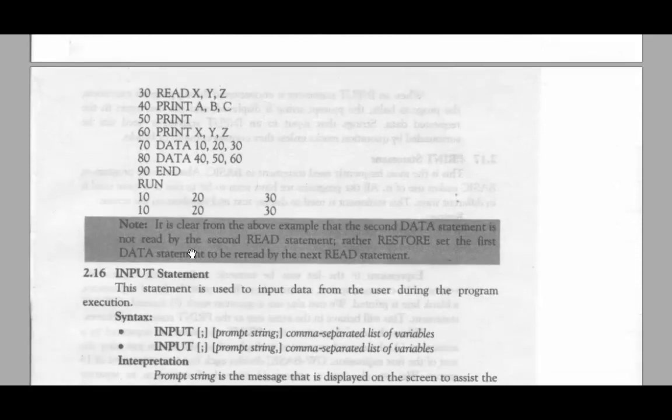You can say that the second read command will read the values again from the first data command due to the restore syntax. Here you can see the output. ABC has 10, 20 and 30, but due to restore XYZ also has 10, 20 and 30. Here ABC is printed, then a space, and then XYZ is printed. Both have the same values.